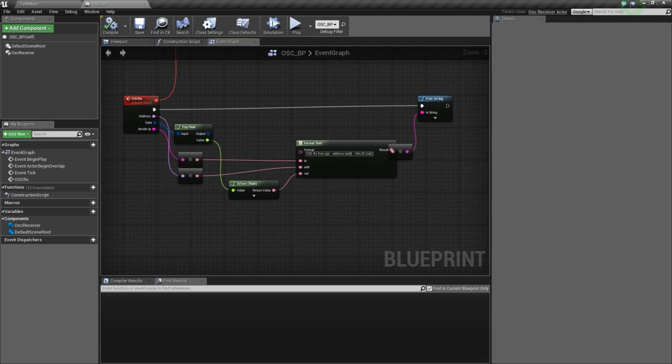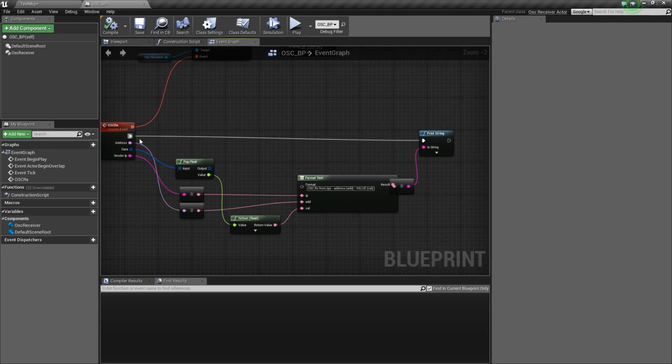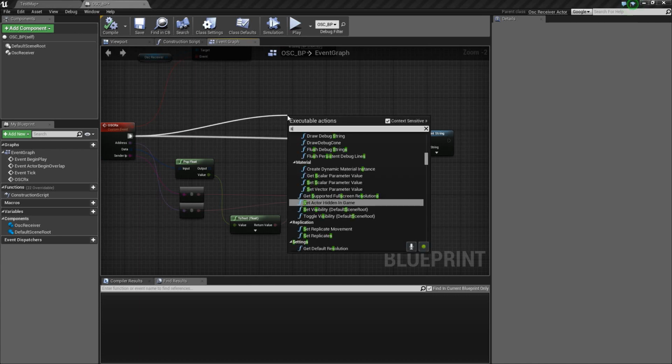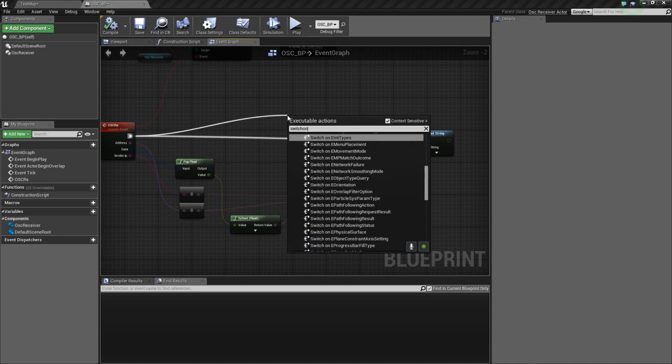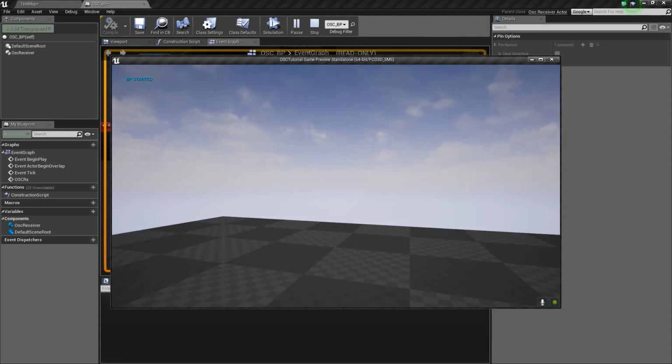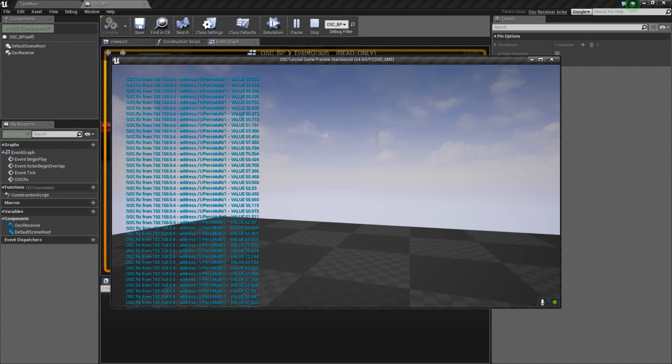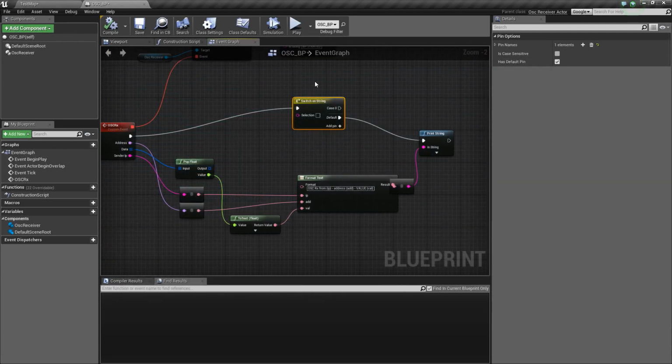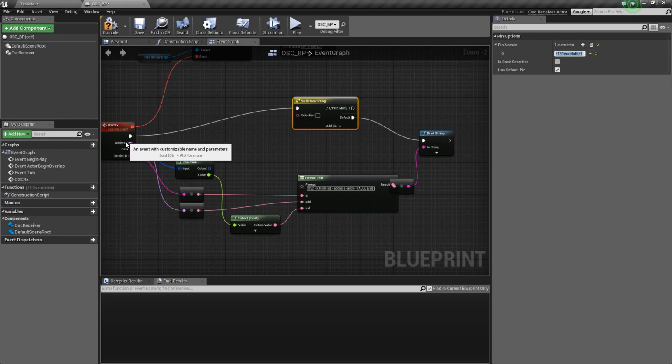So I can do a switch on string, and what I need to add there is, if I remember rightly, let's run it again and check. It's /1/multi/1. So I'm going to feed my address into there,